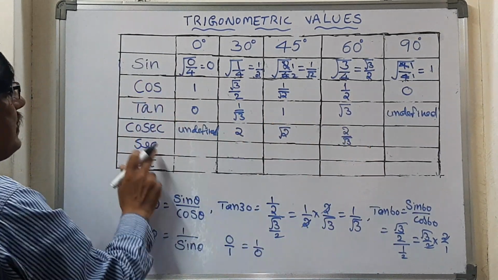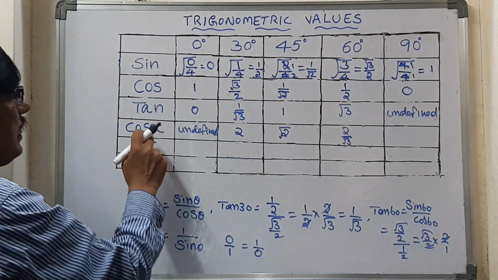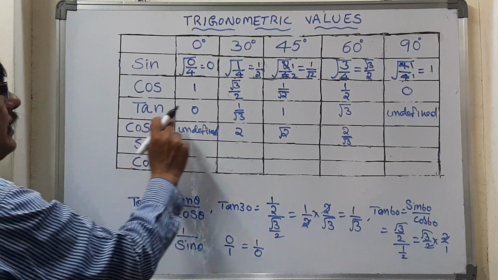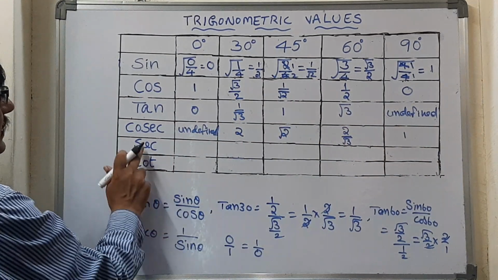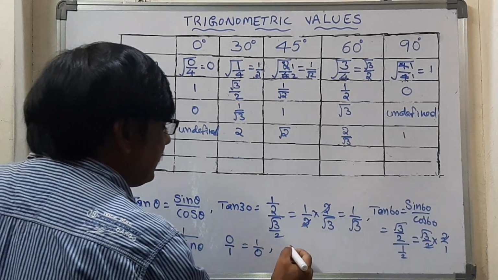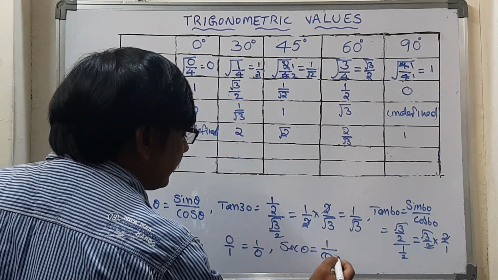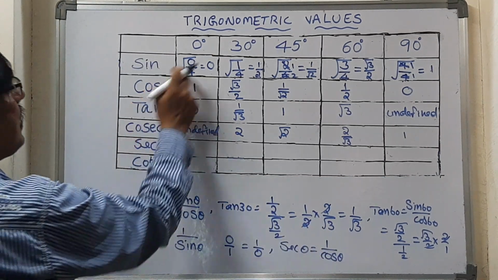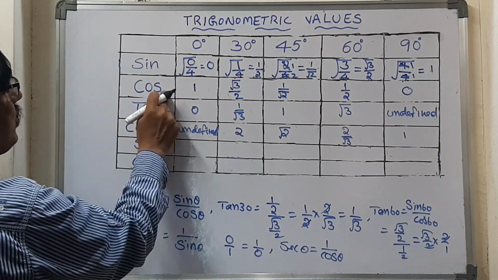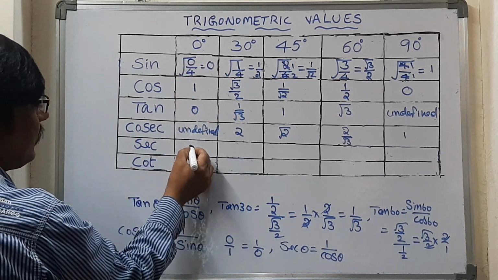And the last one, sin 90. Sin 90 value, how much is that? 1. And its reciprocal is cosec 90, so 1 by 1, again that will be 1 only. Now let's go for the second, and this is secant theta. Secant theta is the reciprocal of cos theta. How much is cos 0? That is 1. The reciprocal of cos 0 is sec 0, that is 1 by 1, which means again we get 1.